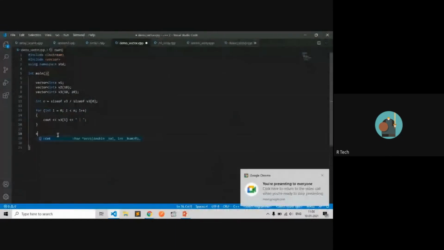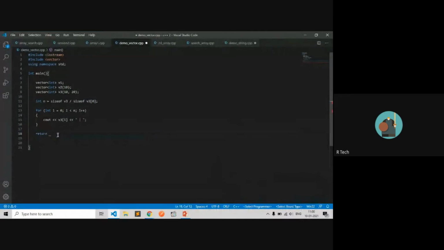Returning 0. Also print the size of the vector. Cout size of V3 is, V.